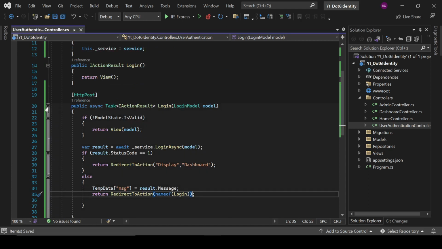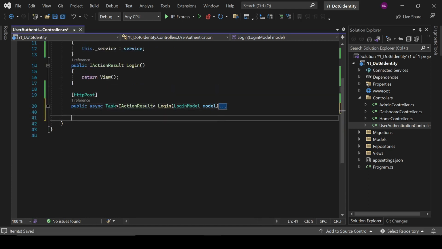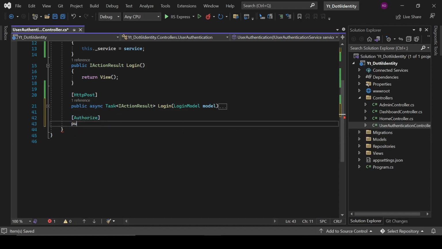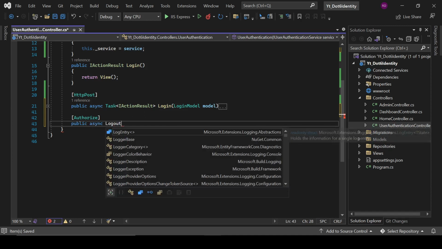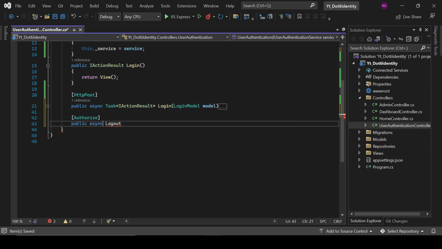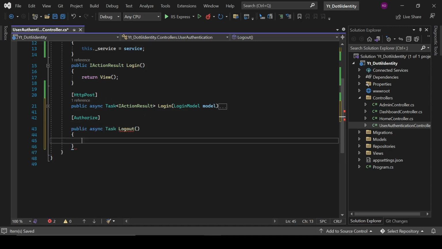Okay, now create a logout method which will be only hit by an authorized user. Public async Task Logout, service.LogoutAsync and await. Okay,